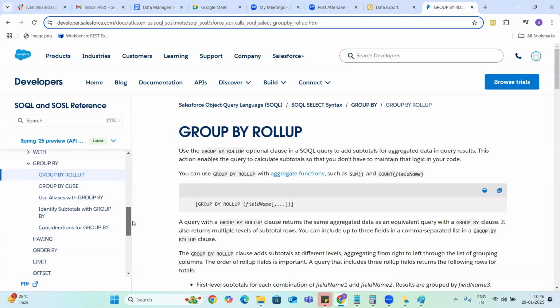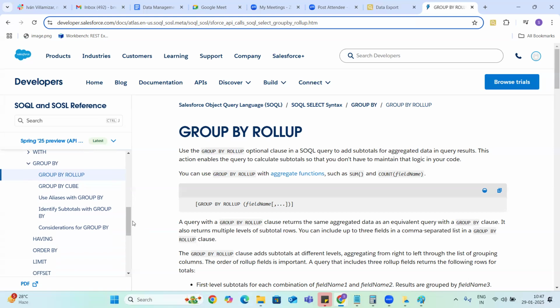The next important thing in SOQL: we learned about the select clause, which helps us select the required fields. The from clause helps us select the object name, and the where clause we use for filters. And the next thing is the group by clause.